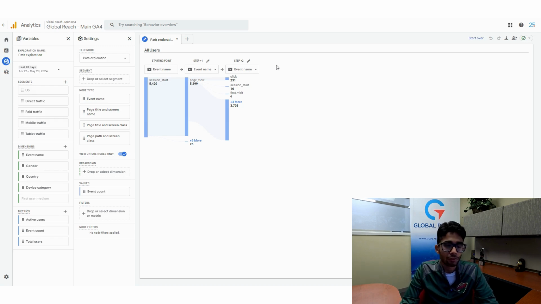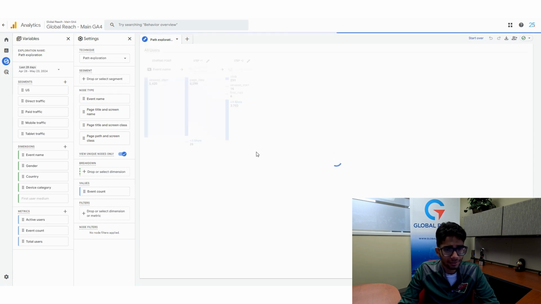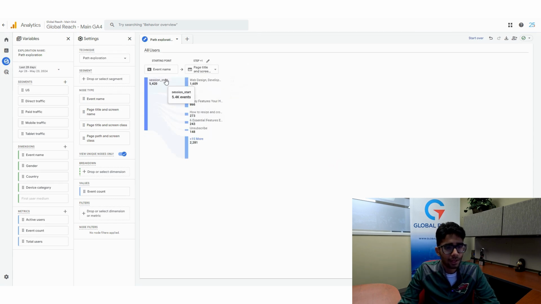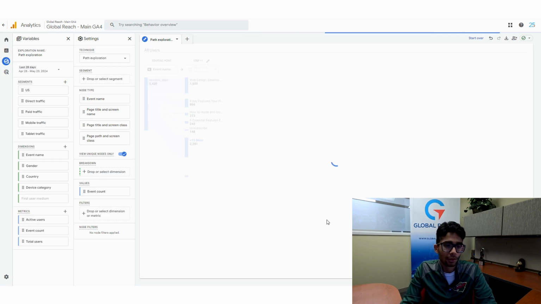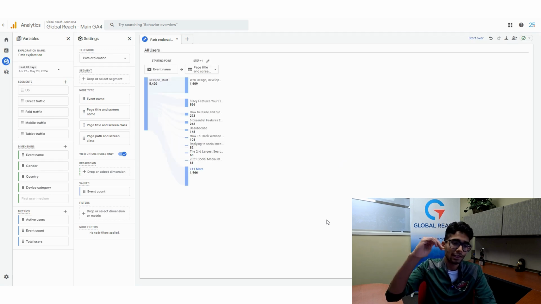This is most useful if you're trying to look at navigation and how intuitive your navigation is. So I'm going to go down here to event name, and I'm going to change this to page title and screen class. And over here, we can basically see after a user has started a session on our website, this shows the divide of users that have gone to different pages on the website. So if I include 15 more down here, I can further see how users are split into different segments of